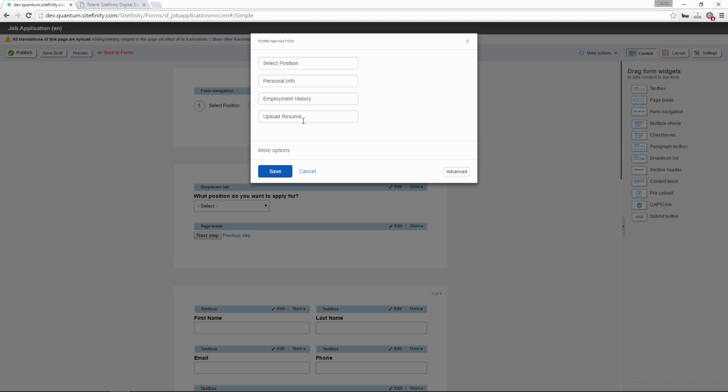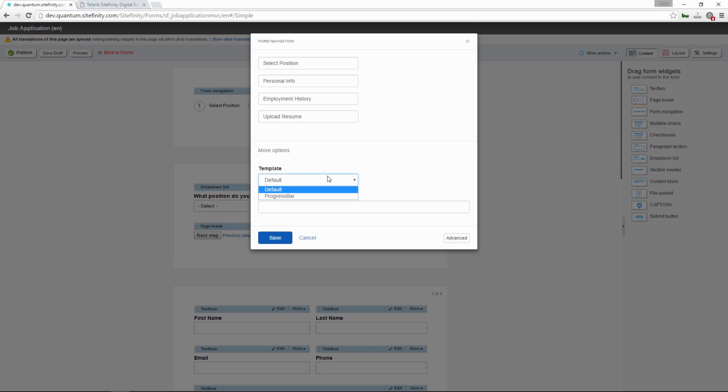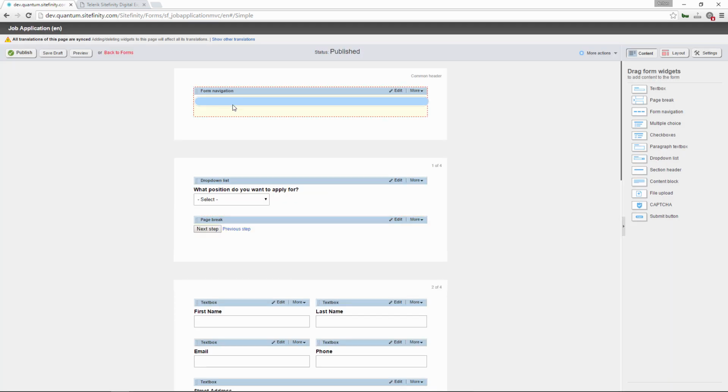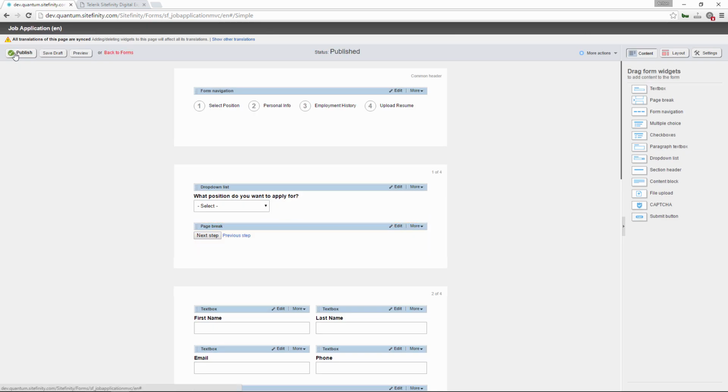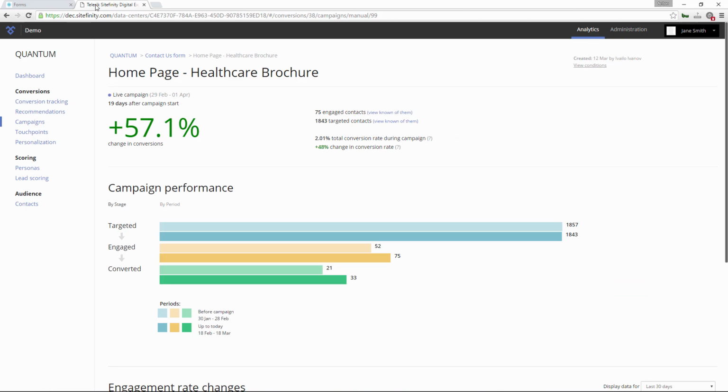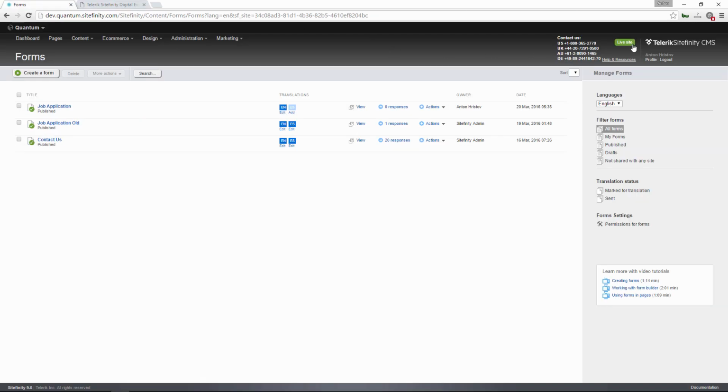And another thing that the form navigation widget has is the ability to change its template. So if you don't want to visualize the steps, you can show a progress bar, and this progress bar would start filling as the user progresses through the form. So we'll just keep it as steps here, publish it, and if we go back to our job application form,